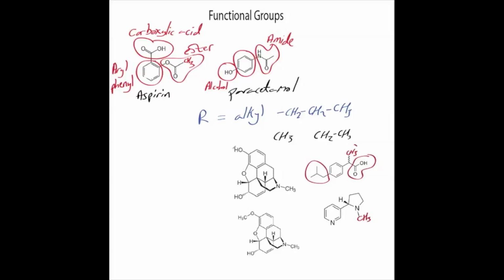Morphine, on the other hand, has got quite a lot of functional groups. We've got the alcohol, we've got a lot of alkenes here, you've got the tertiary amine there if you look, so you've got CH3 and you've got some alkyl group going off that way and another alkyl group going off that way. You've got this double bond here, that's an olefinic group. That might be an old word now, it's just something I keep using. And then you've got your aromatic group there, and here you've got an ether, so a carbon oxygen carbon bond is called an ether, and you might have heard